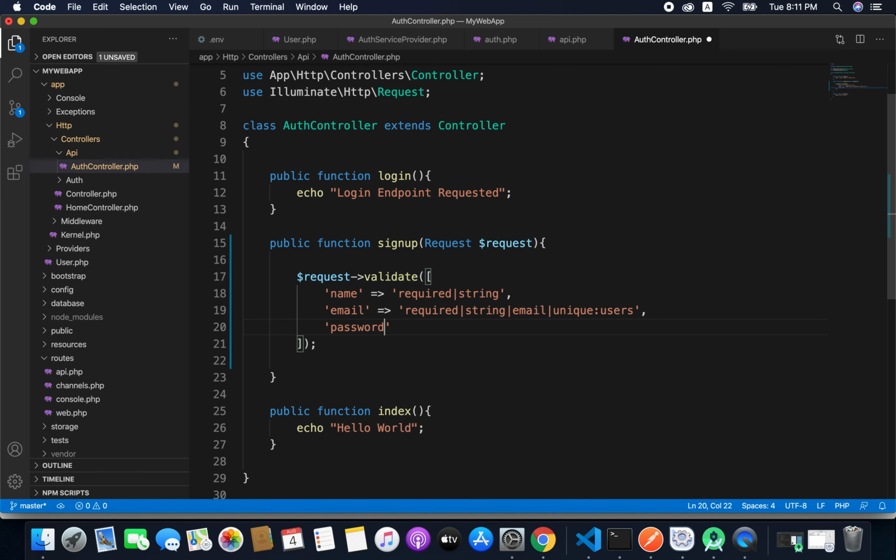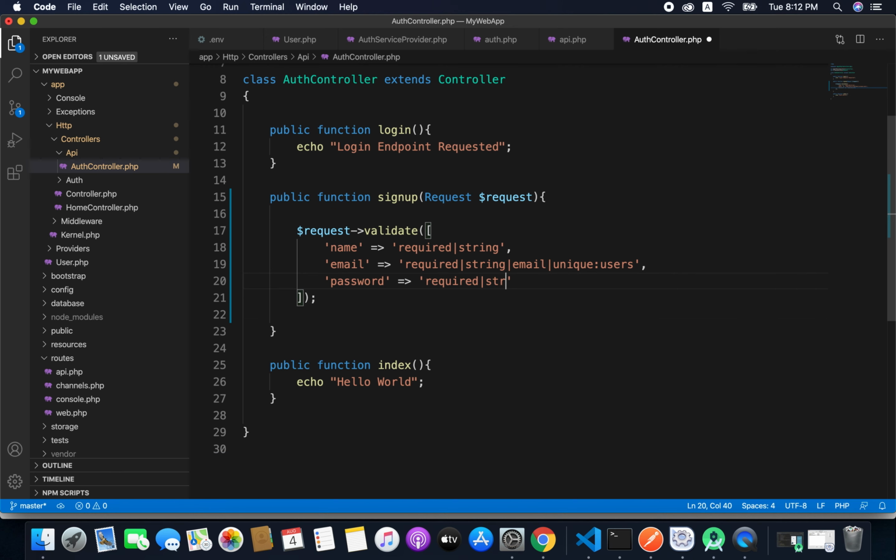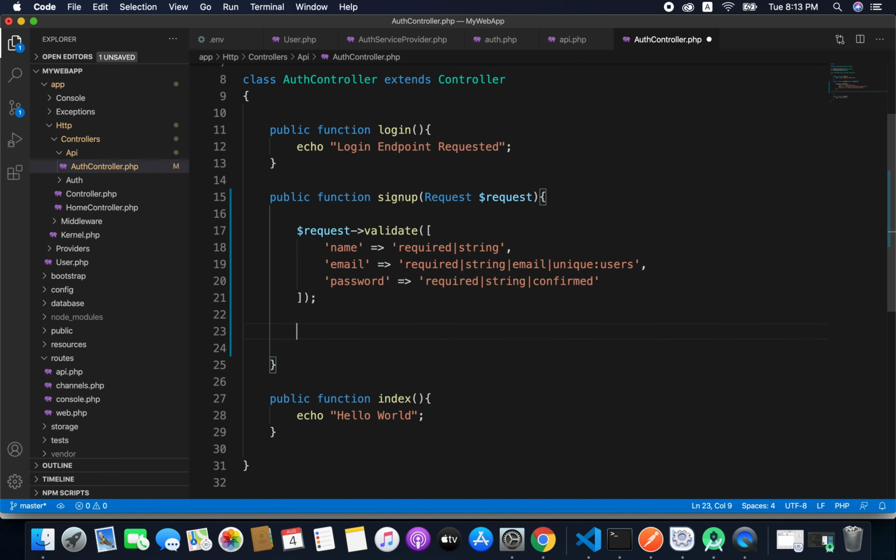So we have password, it is also required. Now password is also a string and it is confirmed. Now confirmed here means we need to pass two passwords. One is password and another one is password underscore confirmation, and both values should match. So we have the validations ready in the request.